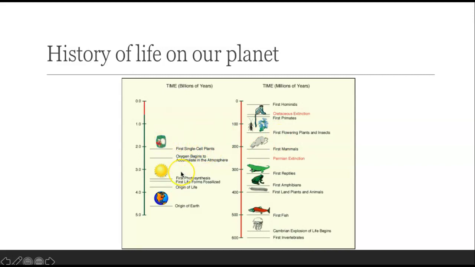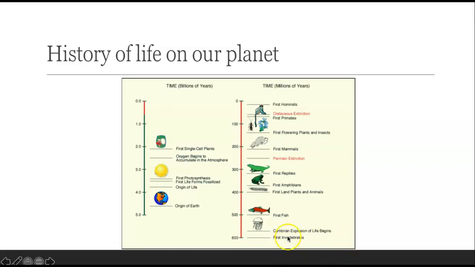And that would continue to do more photosynthesis and then create more oxygen in the atmosphere until, look at this little red section here. This little section is blown up on this side, and now we're working in millions of years because we're past 1 billion years ago. Look at how many things happen in a relatively shorter time, though this is still 600 million years. But in terms of 5 billion years, that's quite a short amount of time.